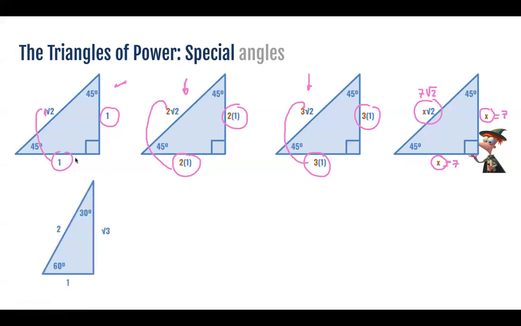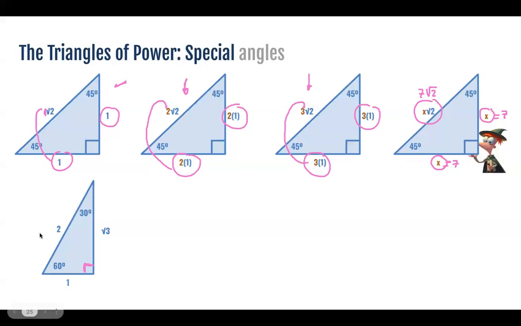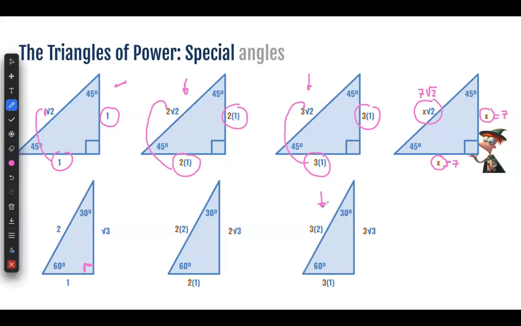The other triangle is the 60, 30, 90-degree triangle. In this case, we're missing the 90. There it is. And if you start with that triangle and you duplicate every side, you're going to end up with a triangle that looks like this. And if you start with the original triangle and now you multiply every side by 3, you're going to end up with a triangle that looks like this. And if you follow that pattern,